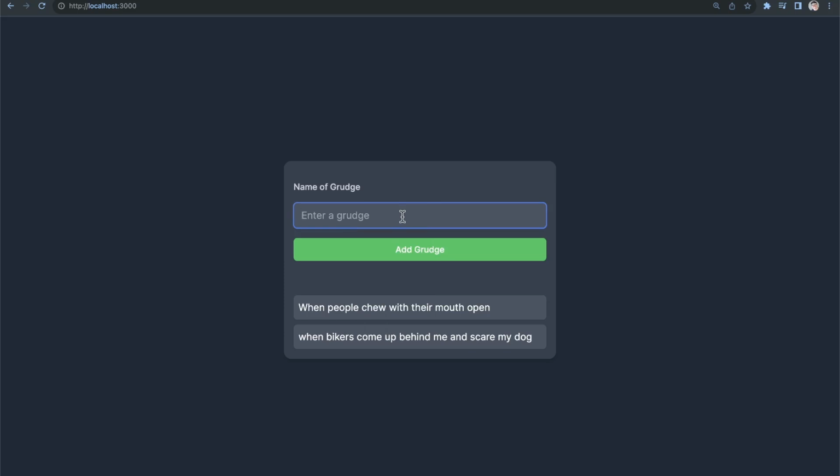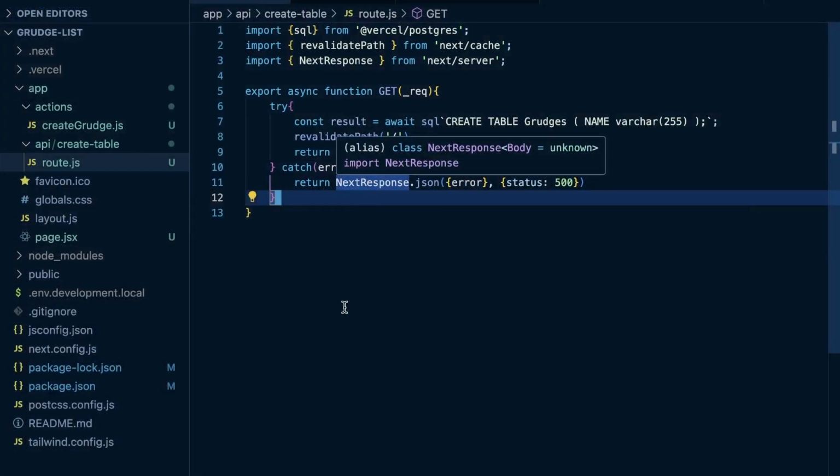So as you might see in those suggestions, another thing is when people drive way too slow, so like under the speed limit in front of you, that is a little bit of a grudge-worthy thing for me. So I'm going to click add grudge, and that didn't work here